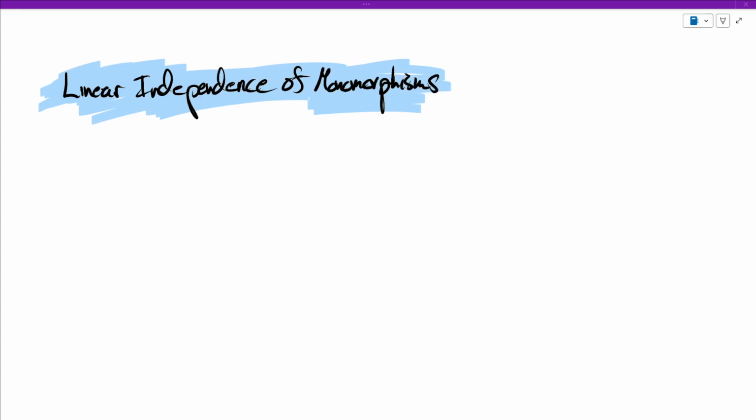All right, so the proof of the theorem that I was just talking about is going to require some understanding of monomorphisms. In particular, it's going to require some understanding of when monomorphisms are linearly independent in the linear algebra sense. Okay, so let me just remind you that if L over K is an extension,